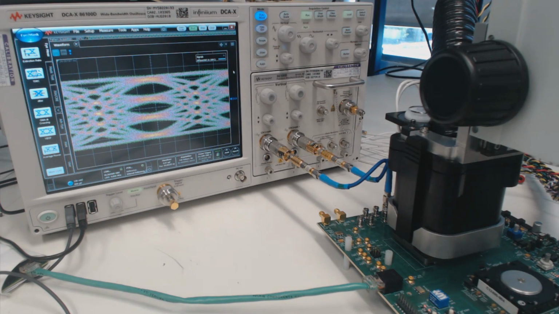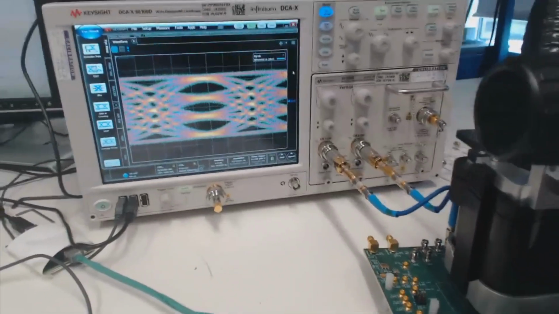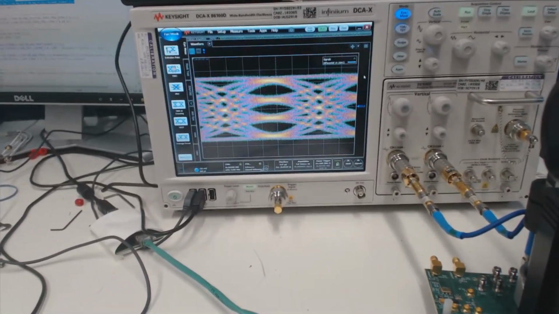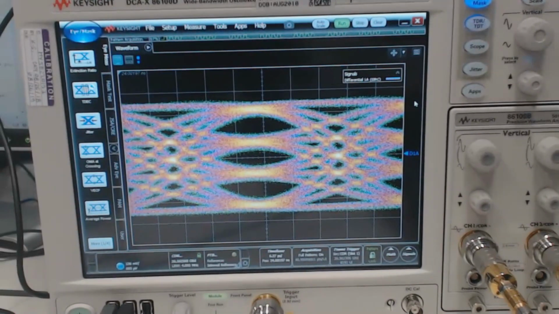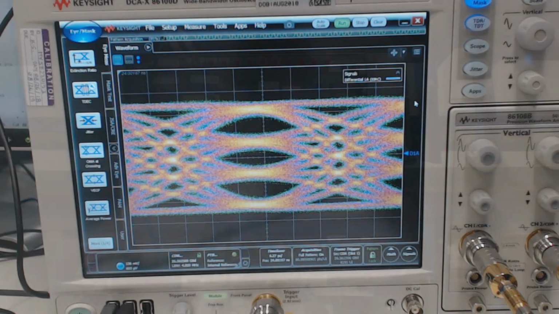Here we have the Synopsys test board with the 7nm 56G Ethernet PHY test chip inside a 70 GHz socket, as well as an FPGA for simple register control and communication with the test chip. Here is the captured PAM4 eye. The three high signal quality eyes show a good symmetry between the top and bottom eyes, demonstrating the good linearity of the transmit output driver.